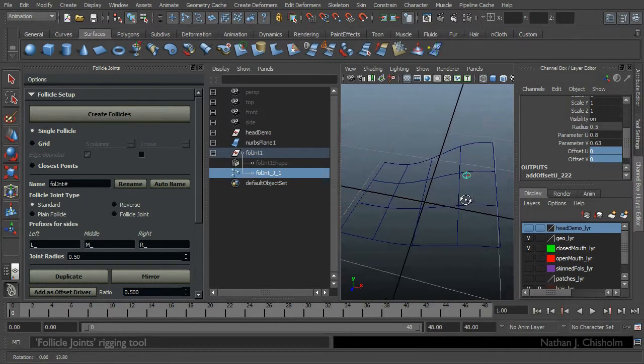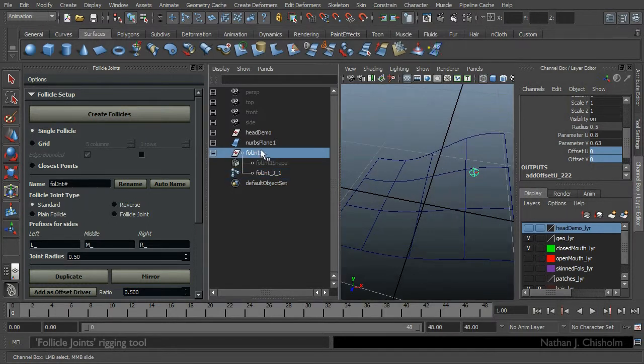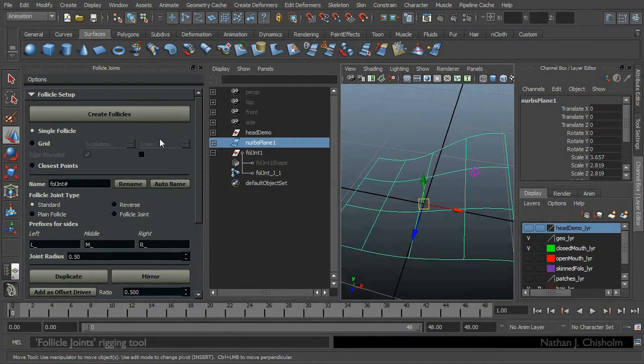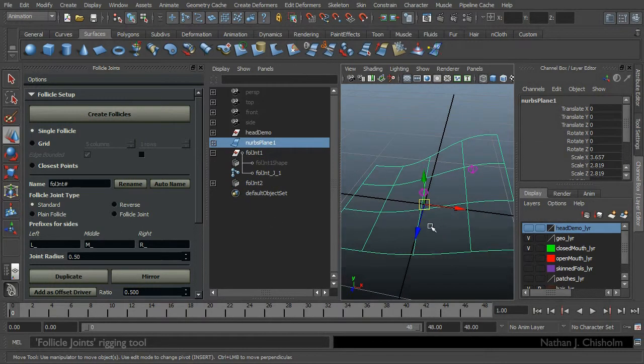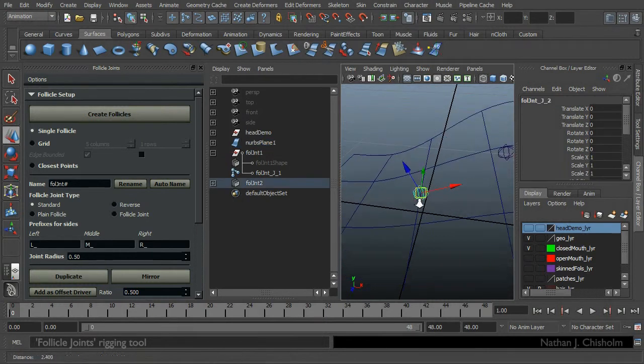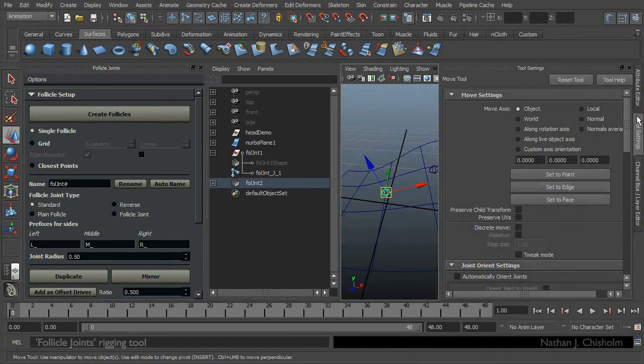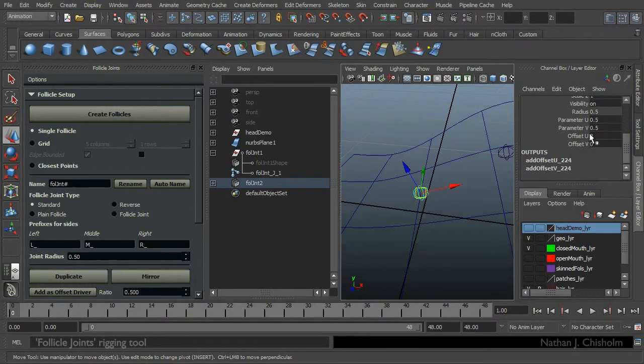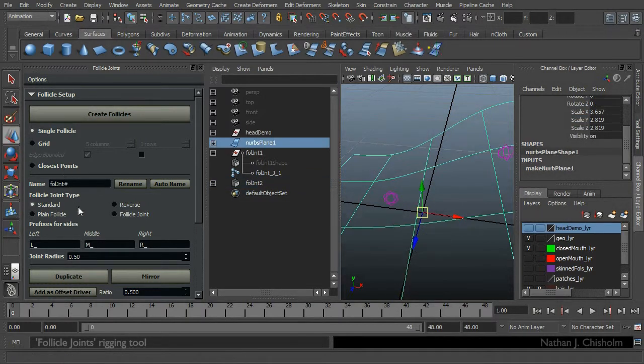So that's the standard joint type, a straight joint under a follicle. The other types: if I create some standard ones again, I'll just use the offsets to show them.